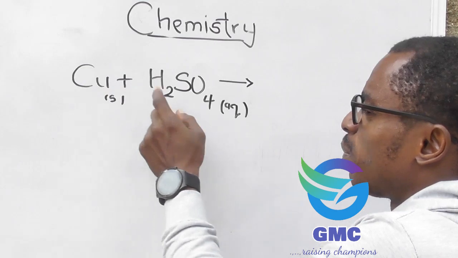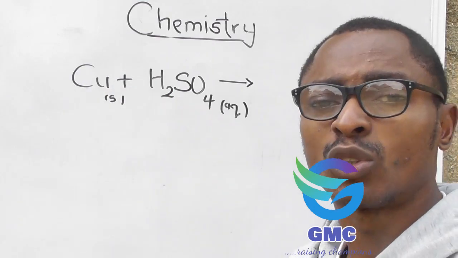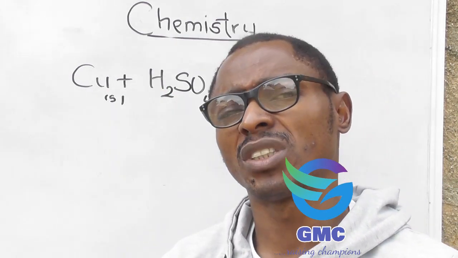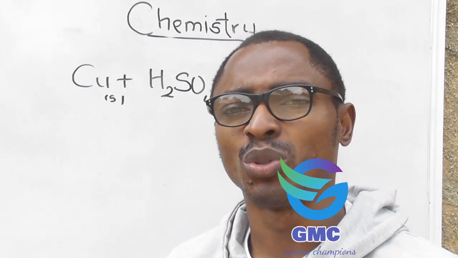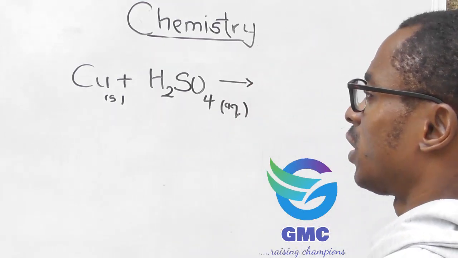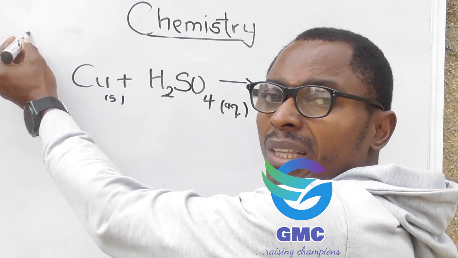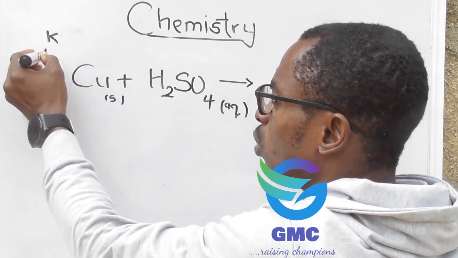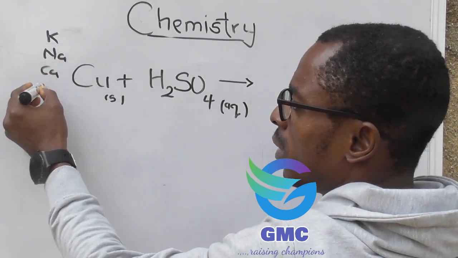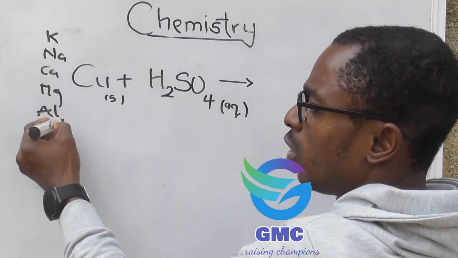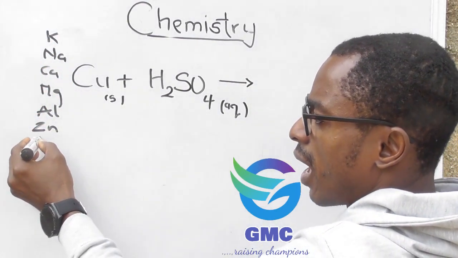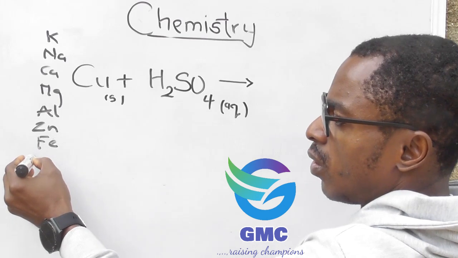However, copper is below hydrogen in the electropositive series, and metals below hydrogen in the electropositive series cannot displace hydrogen from a compound. Let's look at the electropositive series. We have something like this. We have potassium, sodium, calcium, magnesium, aluminium, zinc, iron, lead,